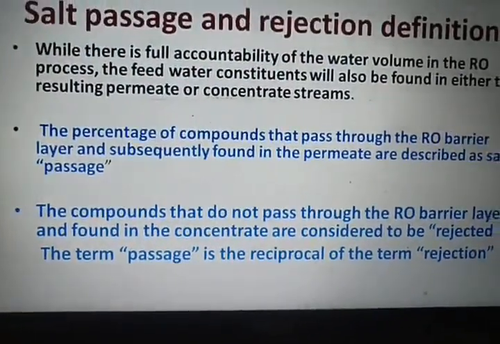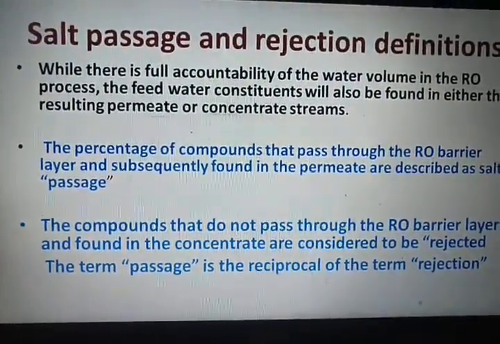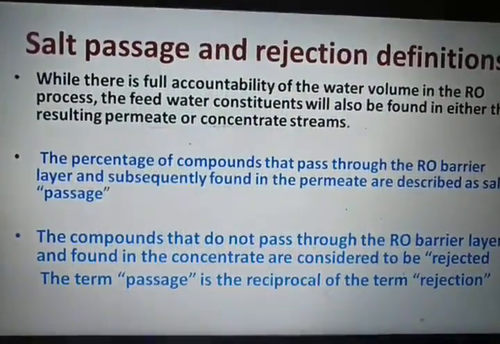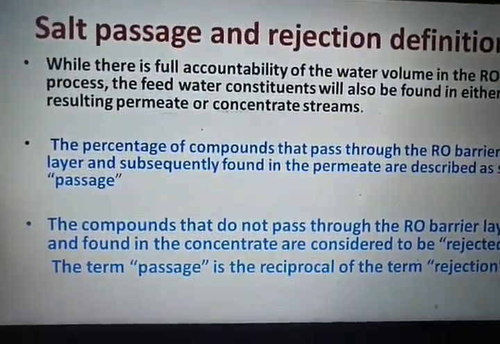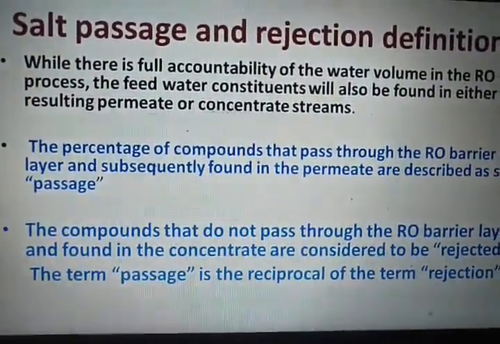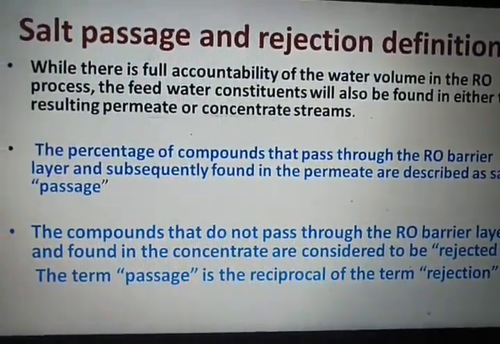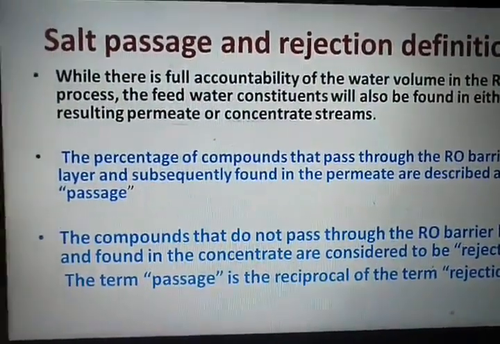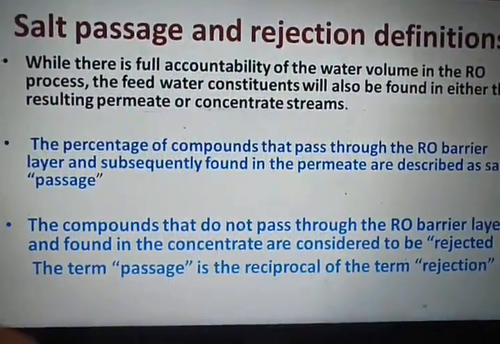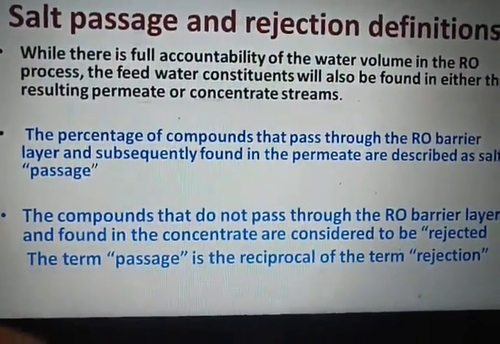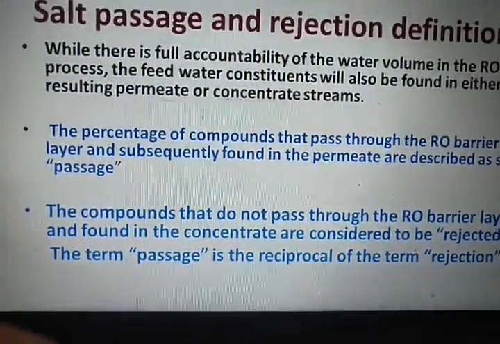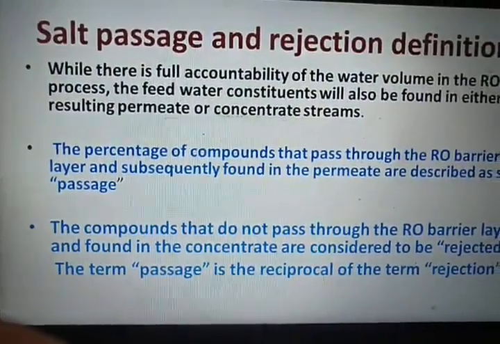That means if you pass the feed water through a membrane layer, then you will have some reject water. You may have some salts or some algae or some impurities which will be precipitated or retained as concentrate, which is also called reject. I hope you know what is meant by passage and rejection. Passage means the compounds that are found even after treating water using membrane technologies, and reject is the one which gets rejected and found in the concentrate in a membrane.